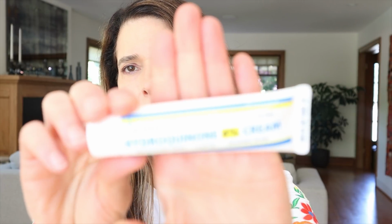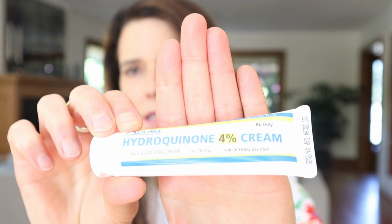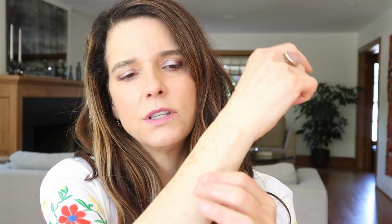And then there are a couple of other things I wanted to mention. One of them I'm currently doing. I just started about 2 weeks ago along with the Retin-A, and then one is coming in the mail to me. Now, this might be kind of controversial. I don't know how you guys are going to feel about this, but I am using the Hydroquinone 4% cream, and this is prescription strength, and I'm using it because I just cannot stand the spots that I have on